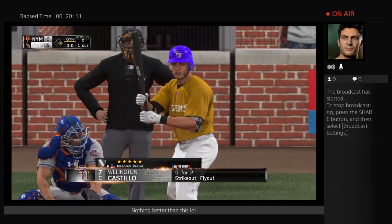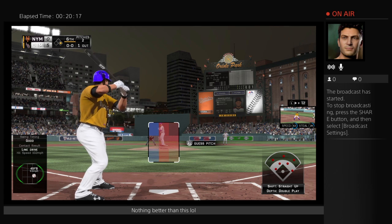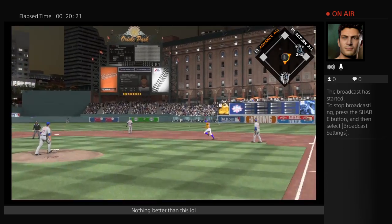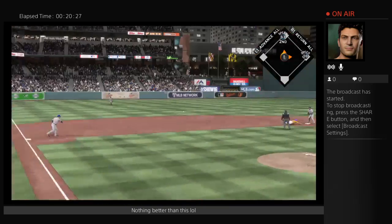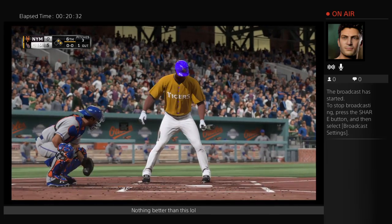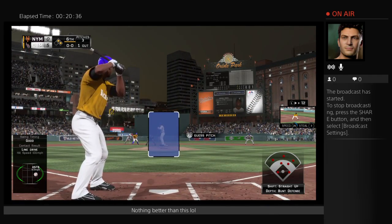Wellington Castillo will stand in now. He's struck out and flied out, 0 for 2 thus far. Castillo. Hit sharply toward the right side, and that'll get down for a base hit. He's safe. The pitcher, Michael Pineda, steps up to the plate in a sacrifice situation, so let's see if that